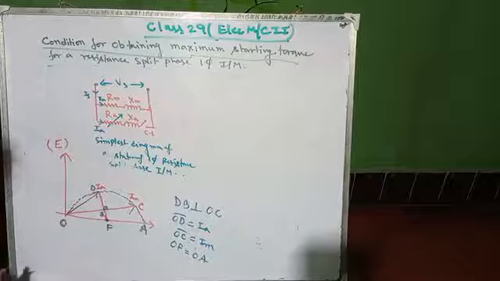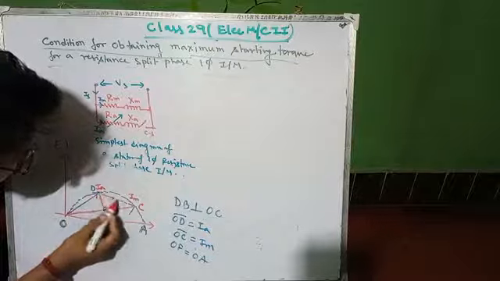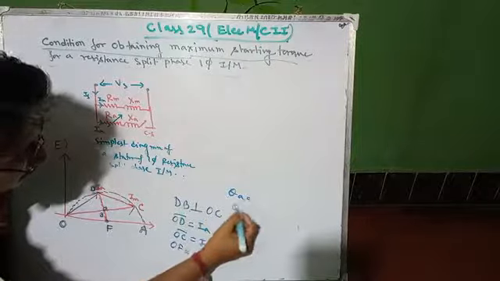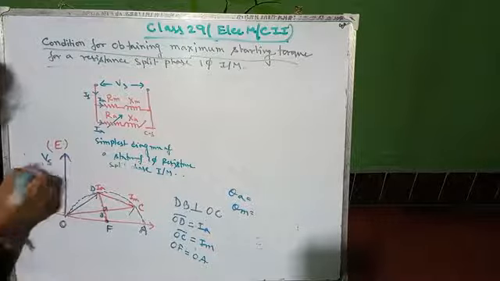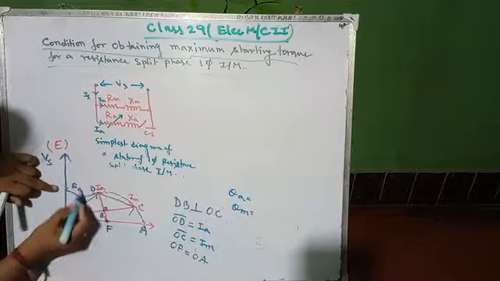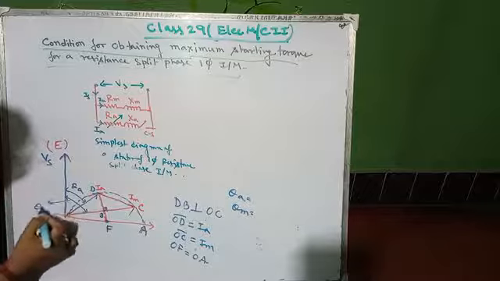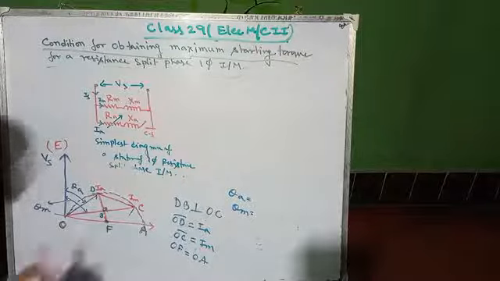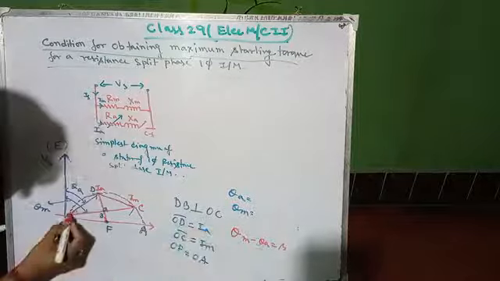This is the concept you have to draw, and now join C and D also. So what will be your theta A? Now put theta A and theta M. The reference axis is called VS. From this VS to IA, this angle is theta A, and from VS to IM, this angle is theta M. The difference between theta M and theta A will be beta, right? So theta M minus theta A equals beta. So this angle is beta.